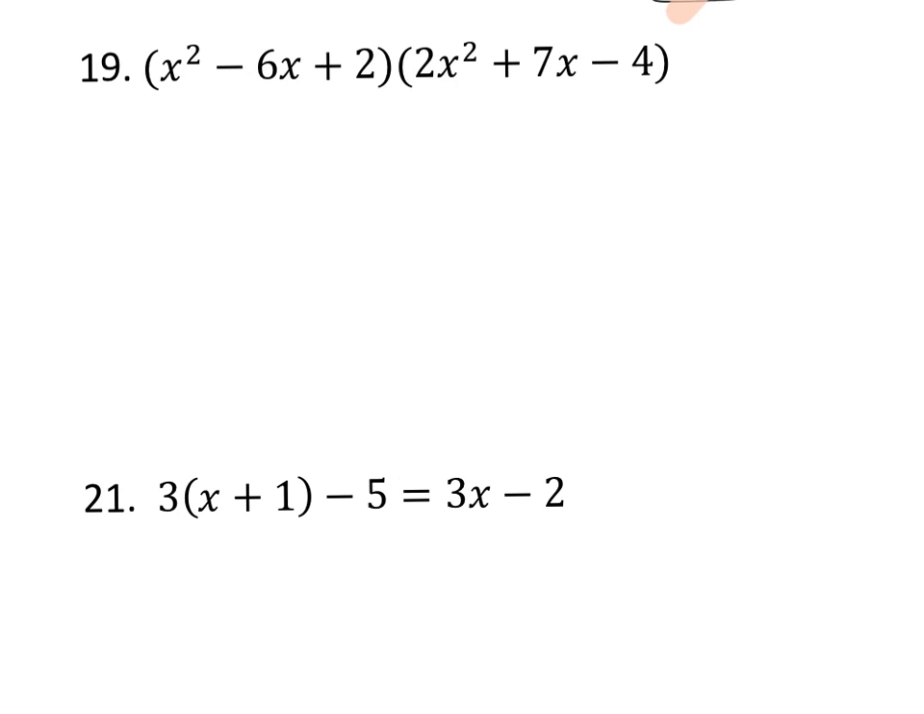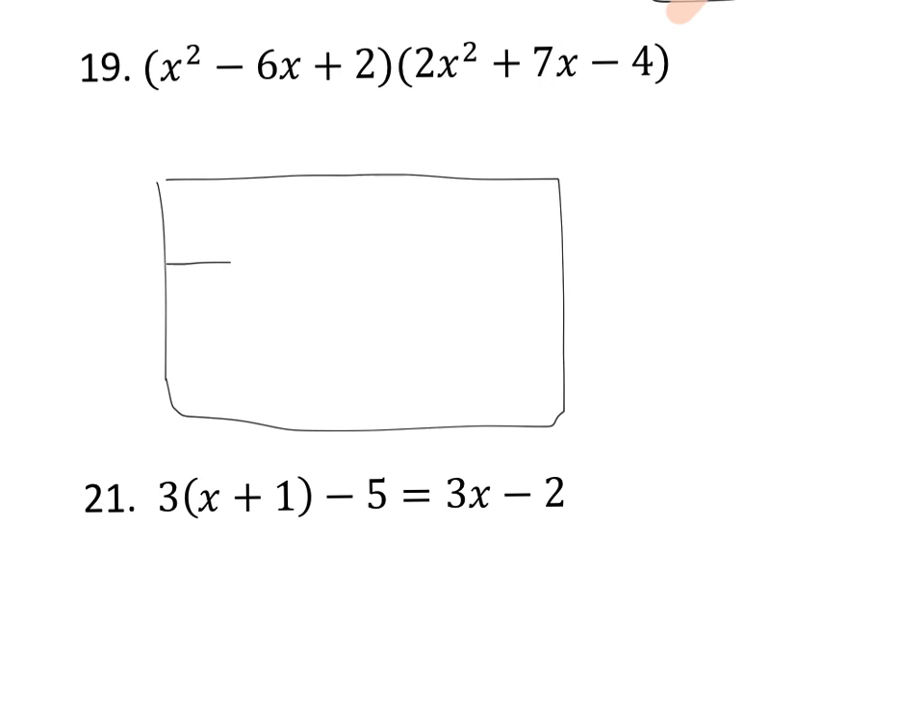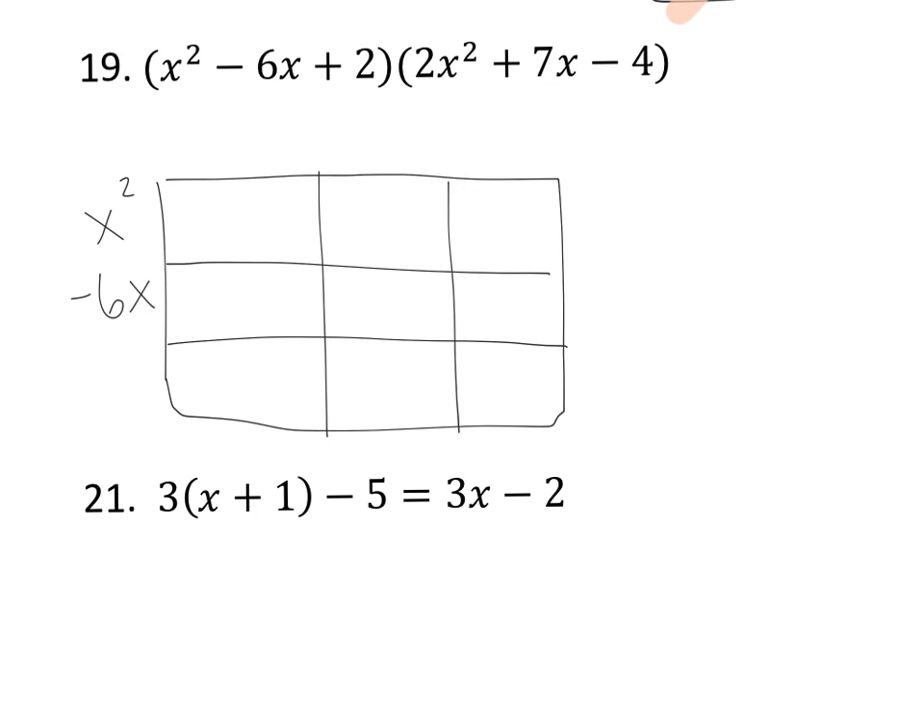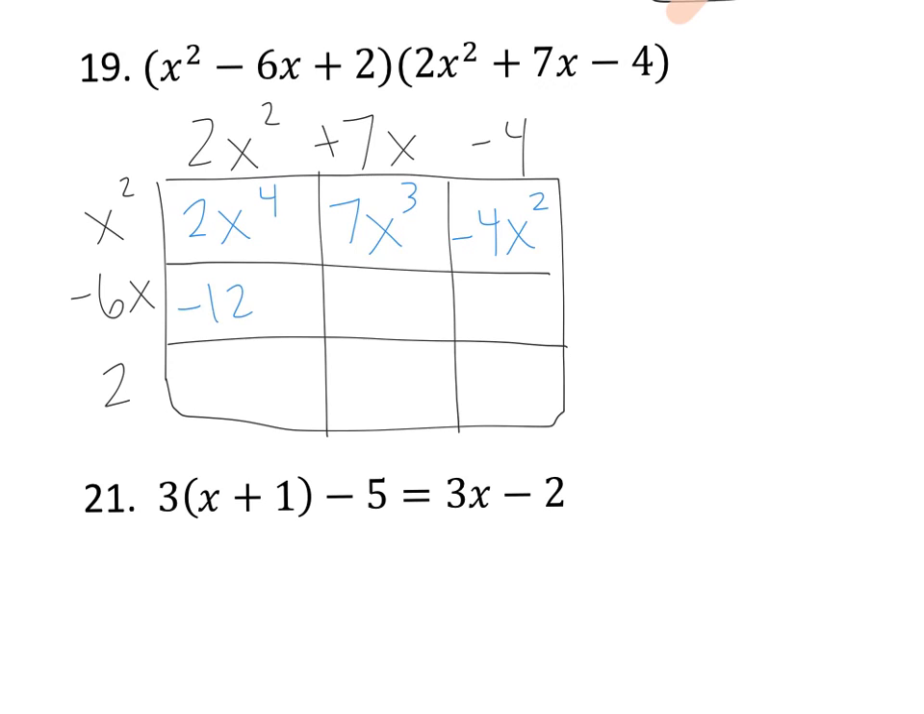All right, now number 19, I'm going to make a 3 by 3 box here. I want to use the box method again, so 3 by 3. I'm going to put x squared minus 6x and 2, 2x squared, 7x, and negative 4 there. I'm going to find the product of these terms now. So I get 2x to the 4th, 7x cubed, negative 4x squared, negative 12x cubed, negative 42x squared, and 24x,